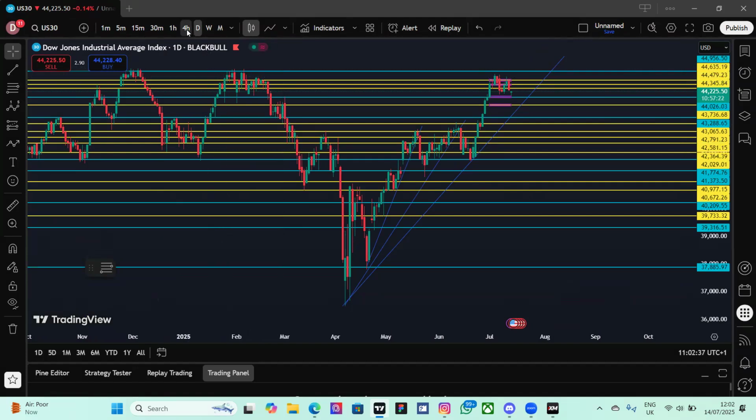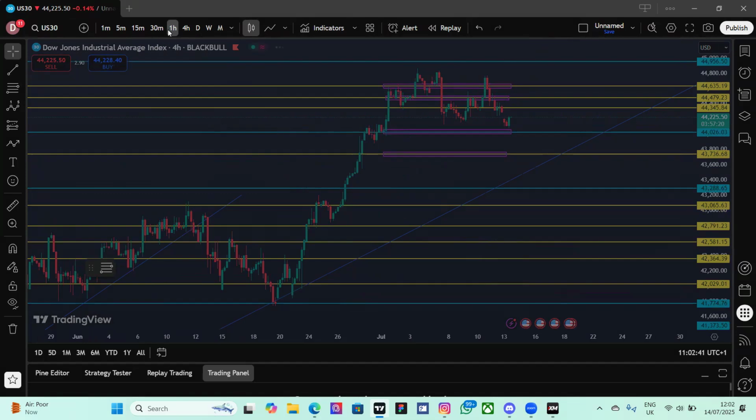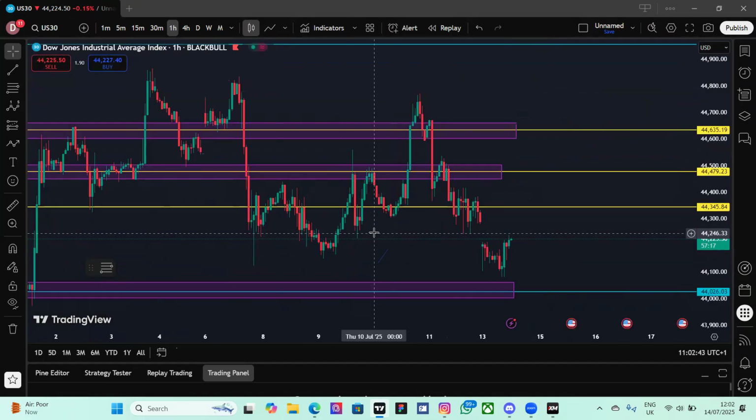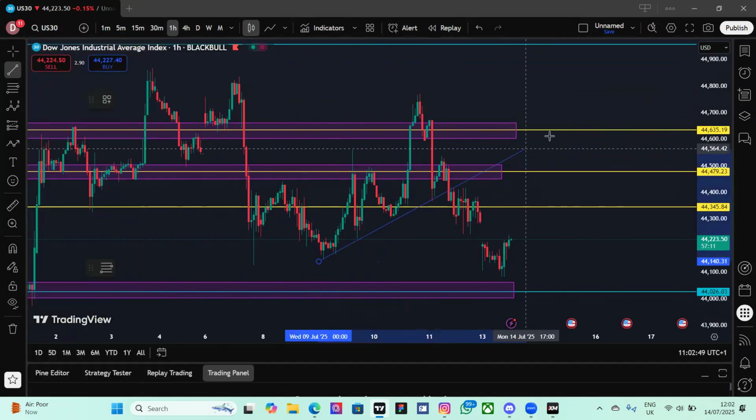And then US30. US30 is very interesting as well, and I'm going to actually just show you guys right now with my trend lines. As you can see,